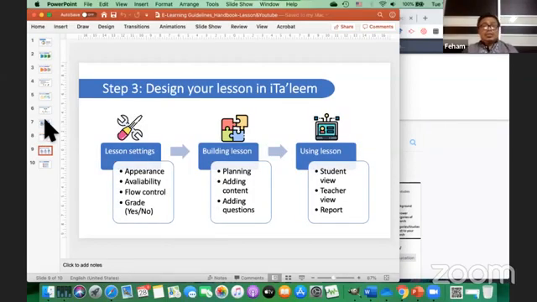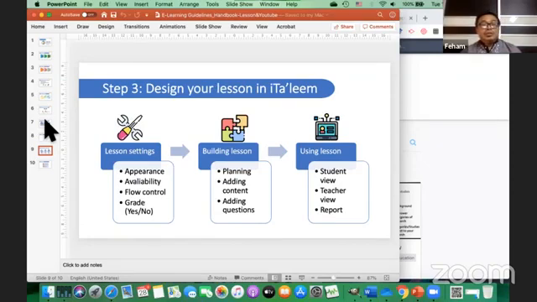So we move to iTaleem. For our IIM staff, you have all the credentials to access iTaleem. We will do it in three phases inside creating the lesson module in iTaleem.